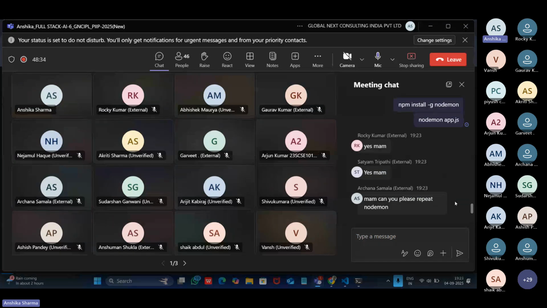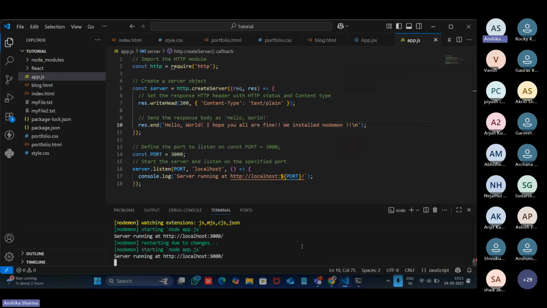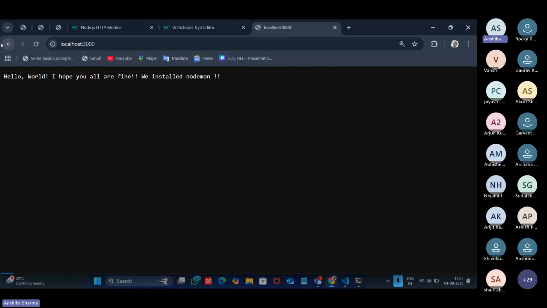So basically, nodemon is a utility. Like if you see over here, for example, I am writing node app.js. Okay. So I will see the changes, which is hello world. I hope you all are fine. Before nodemon, if I make changes to my file,